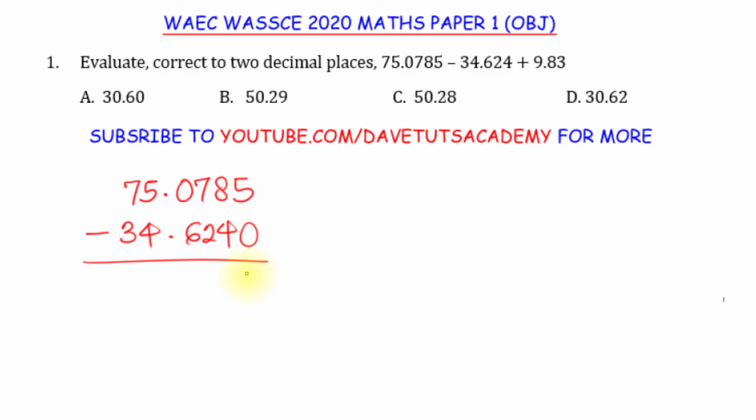5 minus 0, that is 5. 8 minus 4, that is 4. 7 minus 2 is 5. Now 0 minus 6, we need to borrow 1 from this 5. If you borrow 1, this will remain 4, so this will be 10. 10 minus 6, that will be 4. Now we have 4 minus 0, that is 0. 7 minus 3, that is 4. So now we have